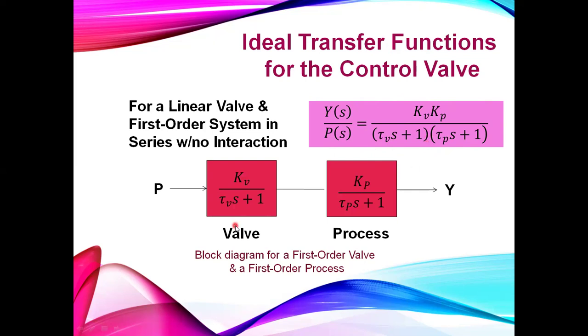Now, if it's written in the form of a block, your output here is Y, because you have here Y sub S. Your input here is P, the pressure on top of your control valve. You have two blocks written in between. One is for the block containing the transfer function of the valve, and the other one containing the transfer function of the process. So in one particular system, the system of the final control element, which is the valve, and the process, you have these two blocks.